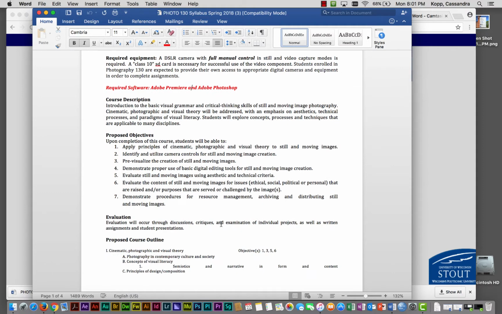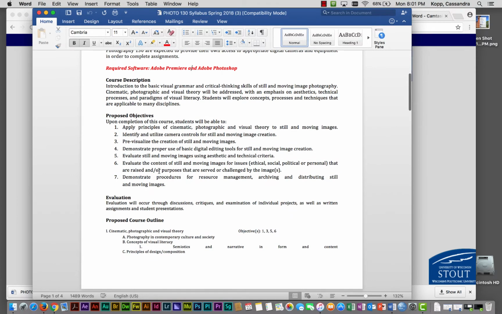Scrolling down a little bit further, looking at proposed objectives. We have a list of 7 here. Again, I'll let you read through these, and I'll give you some of the highlights. Looking at